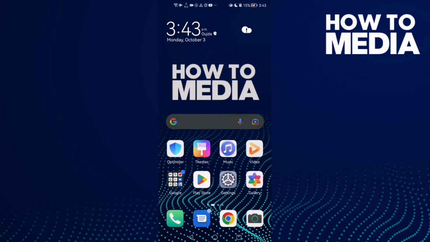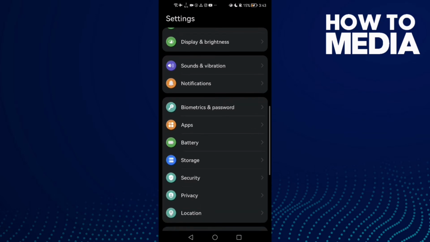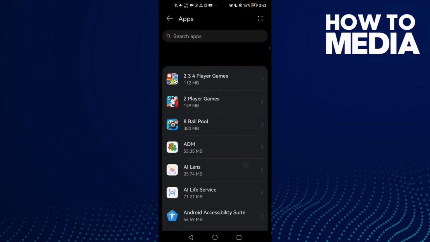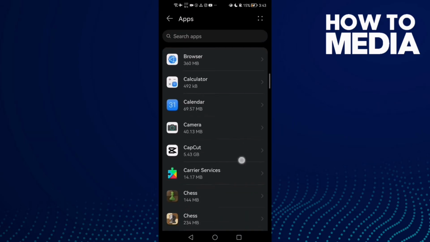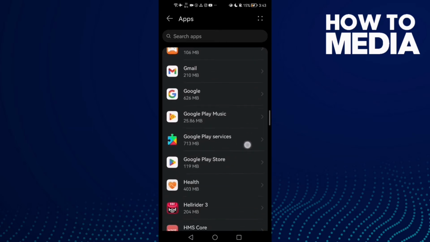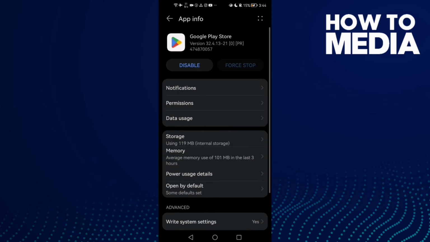First, open settings, and now just scroll down until you find apps, and then click apps again, and then just scroll down until you find this one, Google Play Store. Click on it and then click force stop